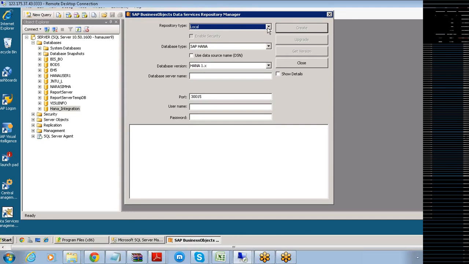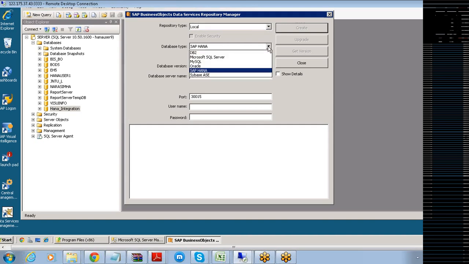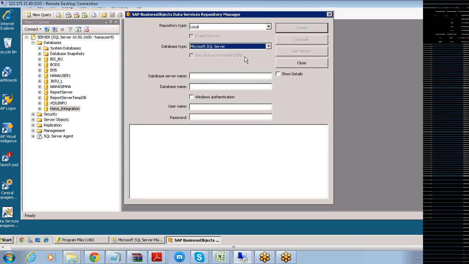The type of repository you are going to have is the local repository here. The database type is Microsoft SQL Server. The database server name is server.